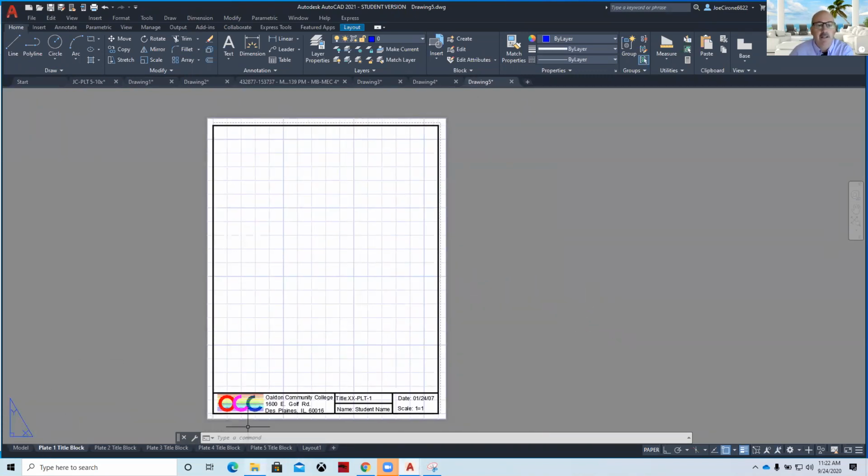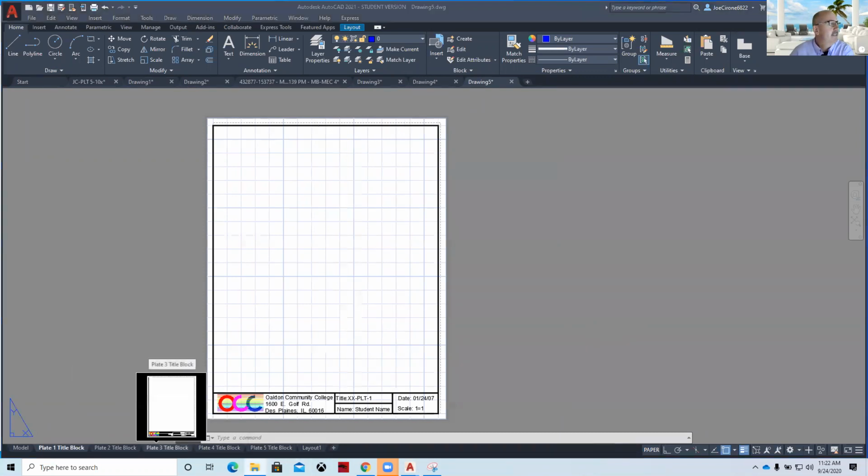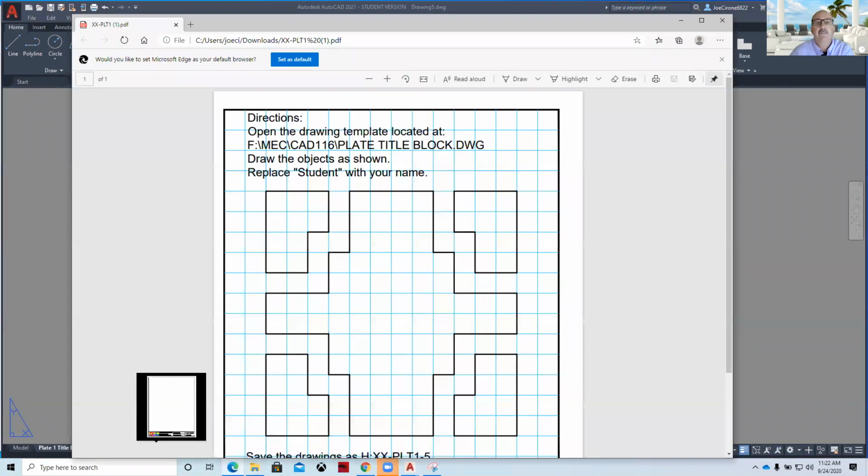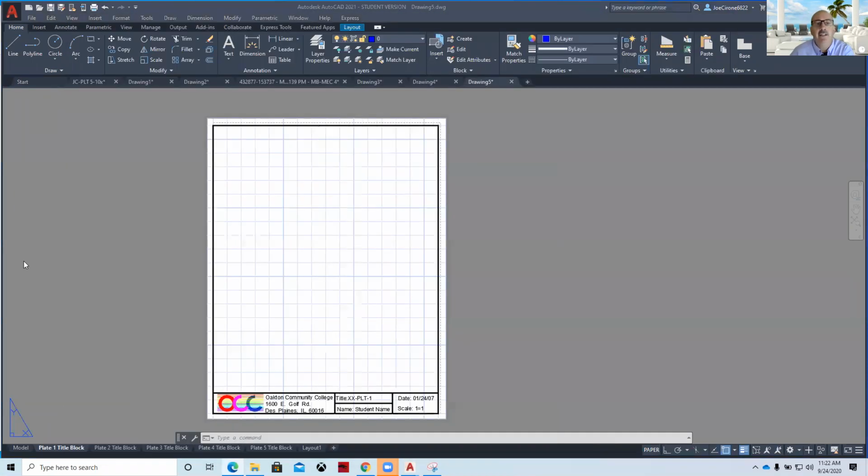If I take a look at the assignments that I downloaded, here we are. What we're going to do is draw these basic shapes up. We have gone through and created a video for that. As we go through, we just want to keep this to an orientation level, but we want to go to the line command, and as we draw the line, we're going to need to enable grid and snap on these, Al, when we have them downloaded. And to do that, what we're going to do is go here,